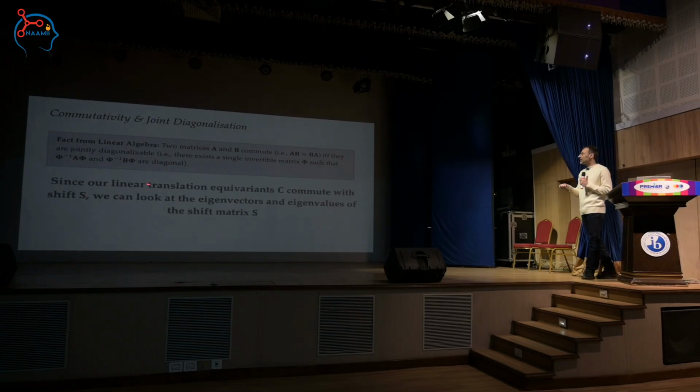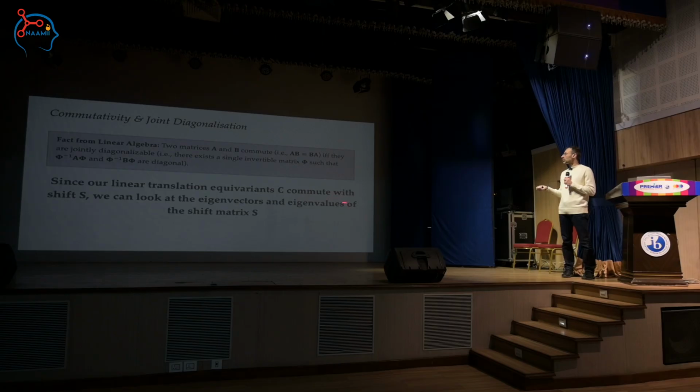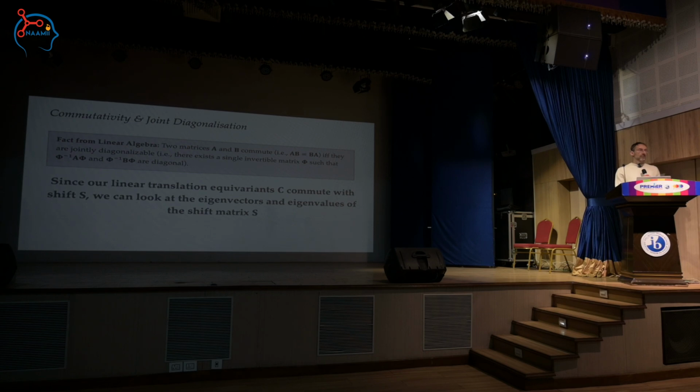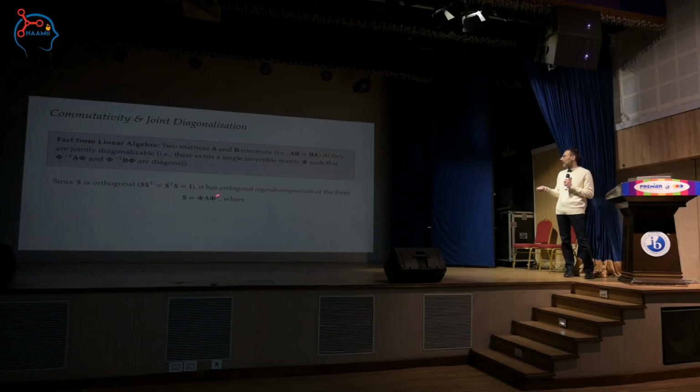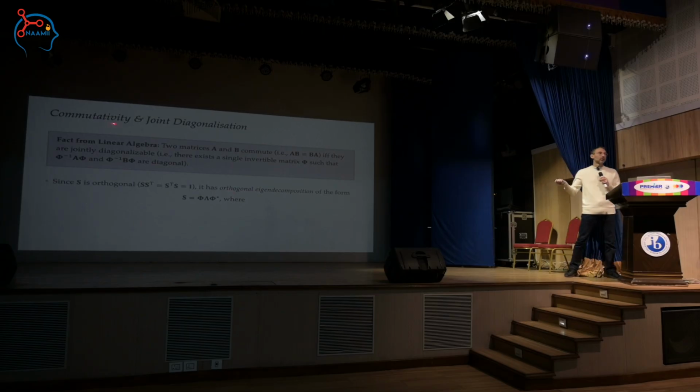Now, our linear translation equivariant functions commute with the shift. We can look at the eigenvectors and eigenvalues of the shift matrix, and this will lead us to the Fourier transform. What we know is that S is orthogonal, so S transpose S equals I. It has an orthogonal eigendecomposition, meaning that I don't actually need phi inverse. Phi inverse equals phi